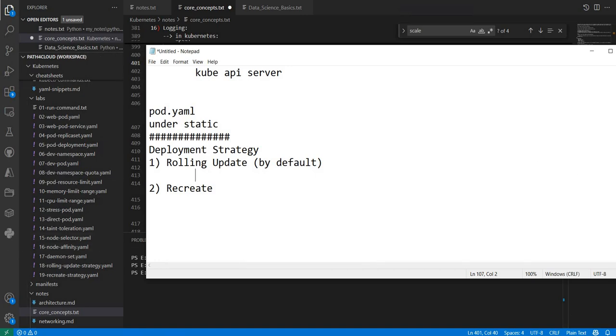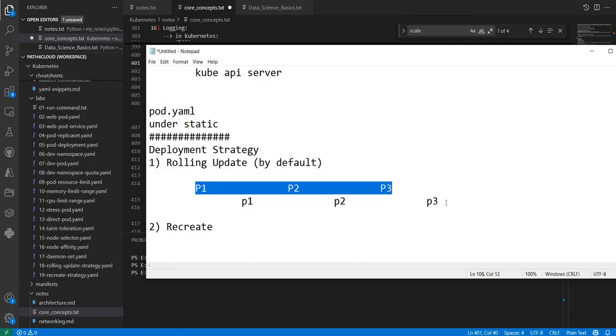So what is happening, guys, with the rolling update? Let's say you have a replica set where you are running your pods, and you have three pods running, right? Now you have upgraded your application, and you also want three replicas to run. So when you apply that new file, what happens in the background is that the replica set scales down one pod from the previous replica set and spins up a new pod. Once that is done, meaning once it is a healthy pod,